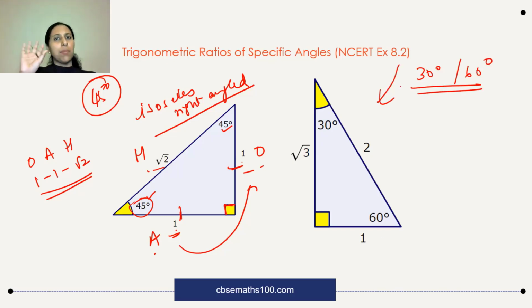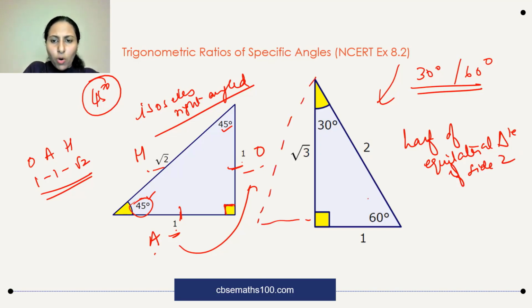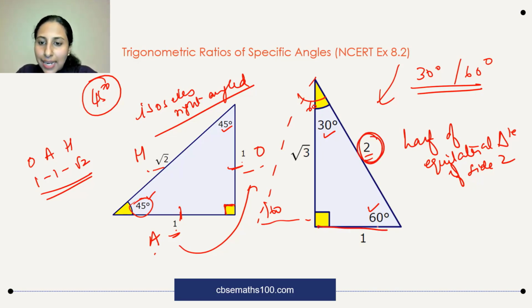This time, I'm not going to label opposite, adjacent, hypotenuse because it depends on which angle you're using. Just remember, this is half of an equilateral triangle of side 2. See, if you have an equilateral triangle, what happens? All angles will become 60. And I'm saying all sides should be 2. If I draw an altitude there, I get 60 degrees here. This will be exactly half of the equilateral triangle. So I have a 30 degrees over there. And if this complete side is 2, this side over here would be half of the complete side, which is 1.